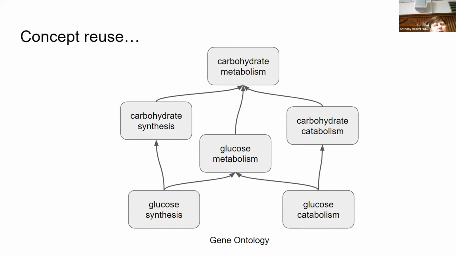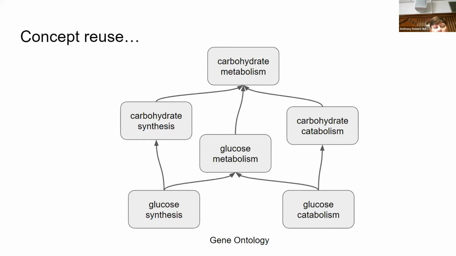And so just to go into one example of how this works in real ontologies. In Gene Ontology, you have a structure like this. These are some different biological processes related to metabolism. You have something like glucose synthesis is a type of glucose metabolism, and is also a type of carbohydrate synthesis. And you can imagine that you have this lattice here, and with more chemicals and more kinds of processes, it's quite complicated to maintain the proper subclass relationships.